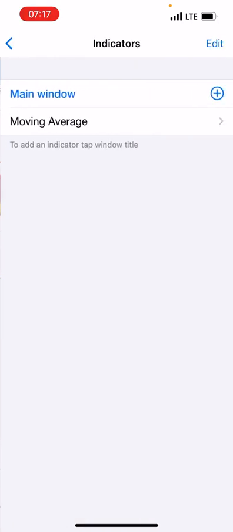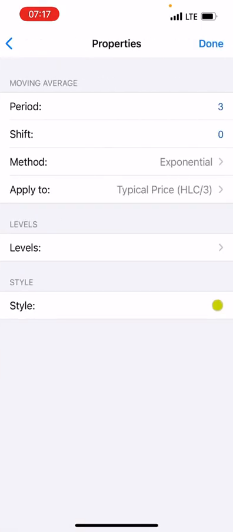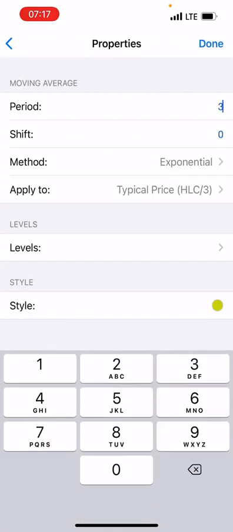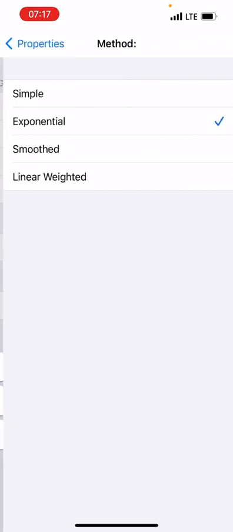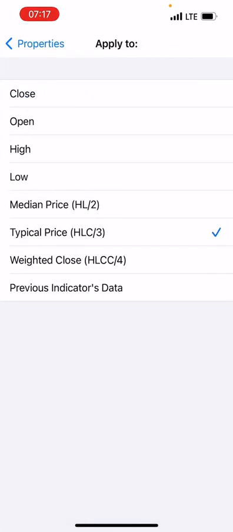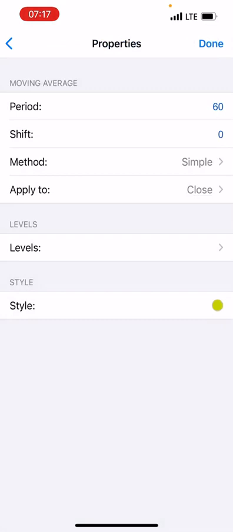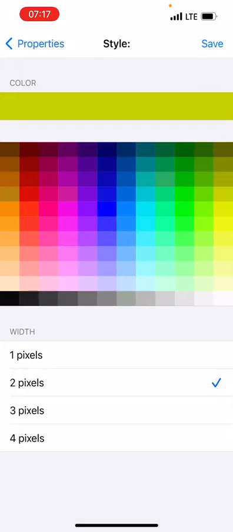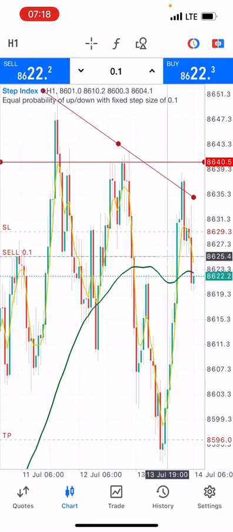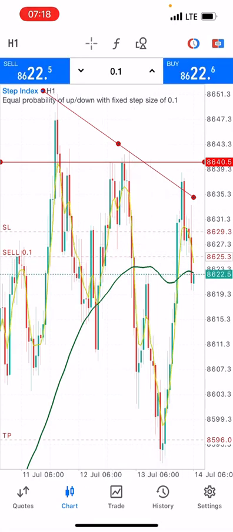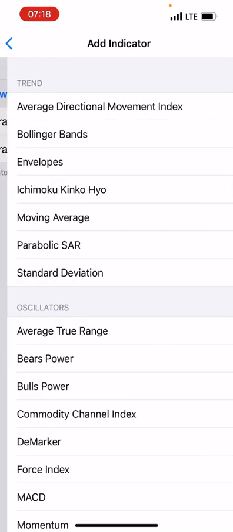Then for the second indicator, we'll need another moving average, which will be taken on period 60, shift 0. The method is simple. Apply to close. Then we'll be using 3 pixel for the style. Then let's take green for this. Save and done. Good. So this is the indicator, the green, and the last moving average for now is going to be another moving